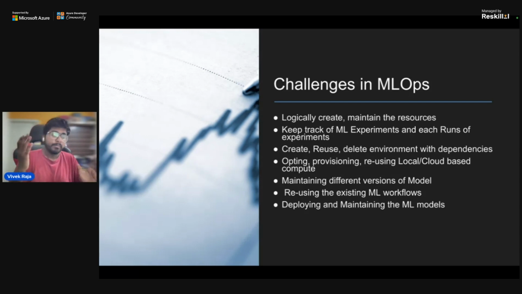For example, you want to give access to data to very specific people inside a project. Probably you are working with sensitive data, and people who are working in deployments do not need to know how a model is trained; they just want a trained model to be deployed. So how do you logically create and maintain these resources? And let's imagine we have trained 20 models and one of them works. How am I able to figure out which model really worked better?